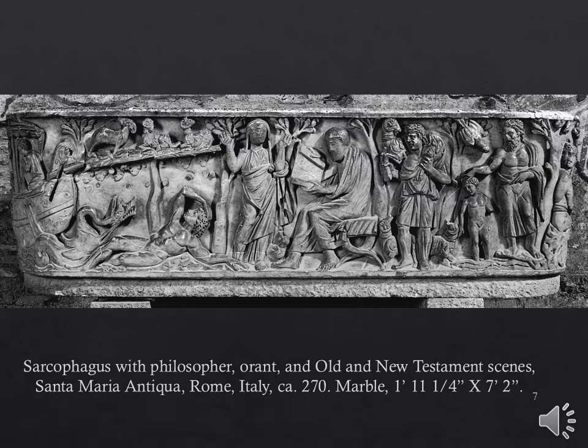Now, there's a lot of different reasons why we're doing this in the early Christian era. First of all, because Jesus was Jewish, and many of the very first Christians were also converted Jews. But also, Christians came to view many of the persons and events in the Old Testament as what we call prefigurations of the New Testament. So a prefiguration is when we take a story like Jonah and the whale, for example, and we use it to symbolize something that occurs in the New Testament, like Jesus' resurrection from the tomb.